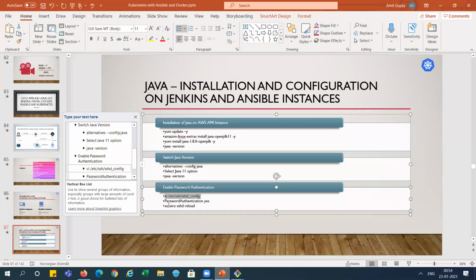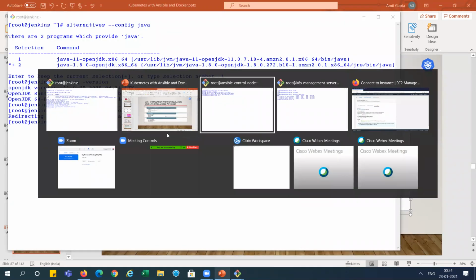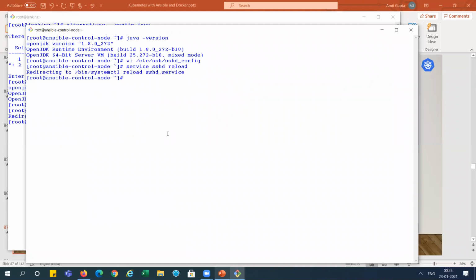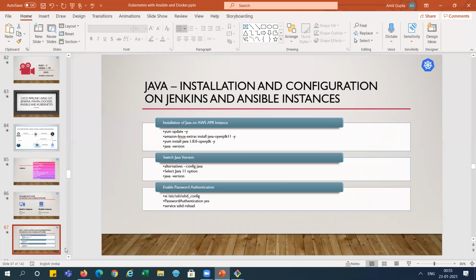And now we need to restart the SSH service. Now we have done this service. We enabled the password authentication, right?